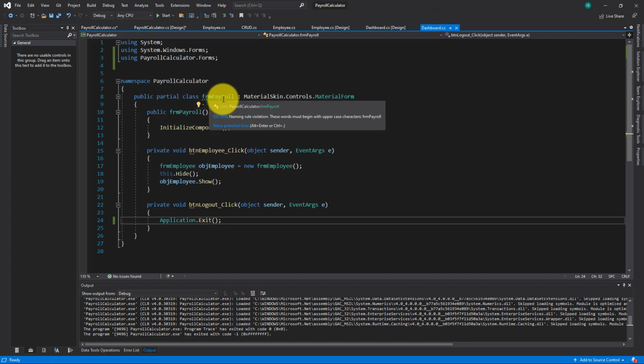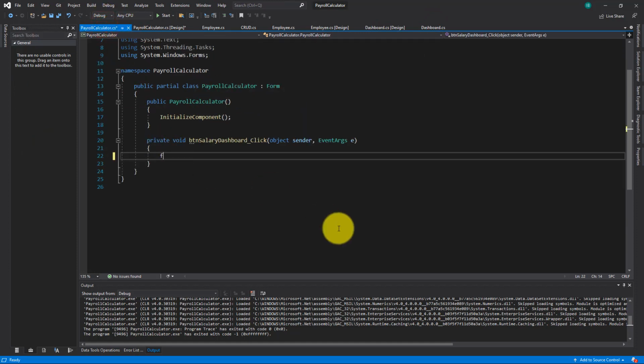It's FRM Payroll. All right, good. Let's go back. FRM Payroll, and let's create an object, OB dashboard, new, and the payroll class,